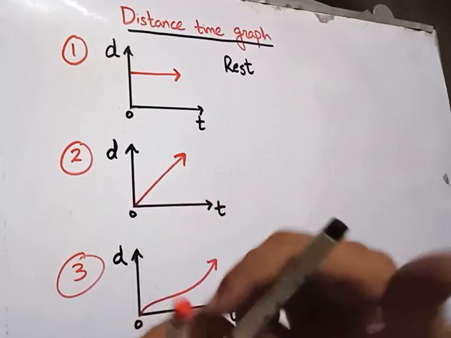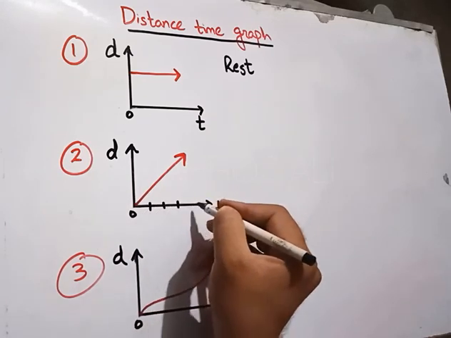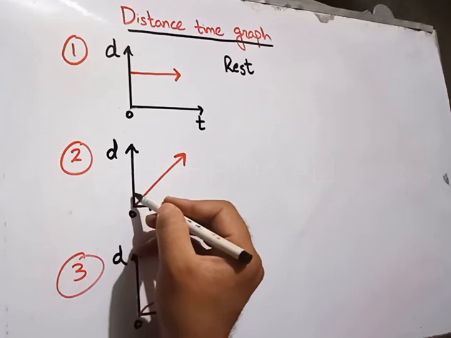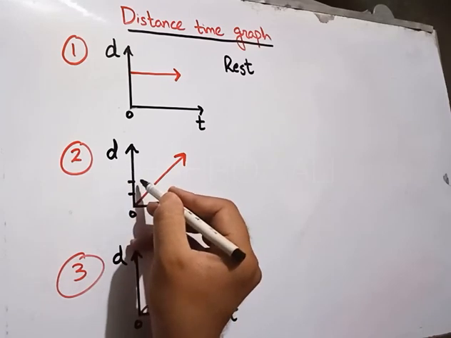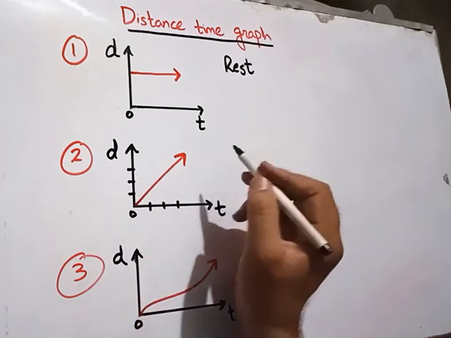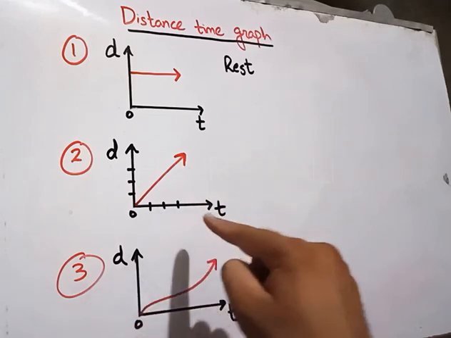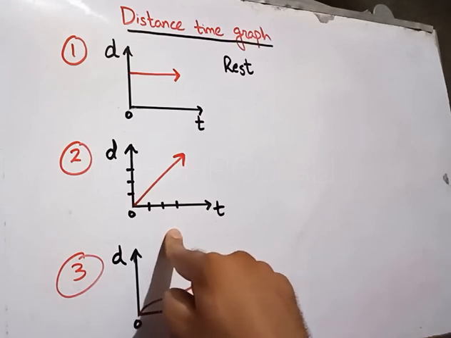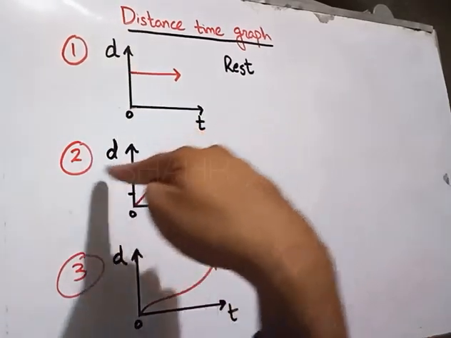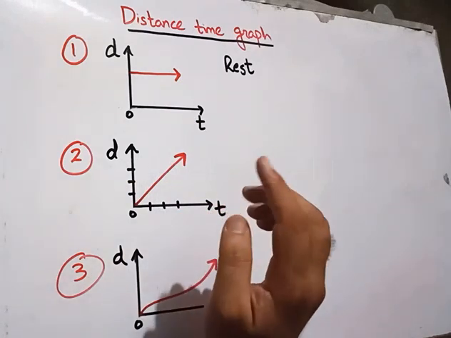Now let's suppose we take 5 seconds, 10 seconds, 15 seconds, and so on. The time is increasing on the x-axis, and towards the y-axis the distance is, suppose, 10 meter, 20 meter, 30 meter. I'm just supposing the values, okay? Now if you want to see that it is covering distance with respect to time, what do we call it? It is the distance time graph, which gives us information about velocity or speed.